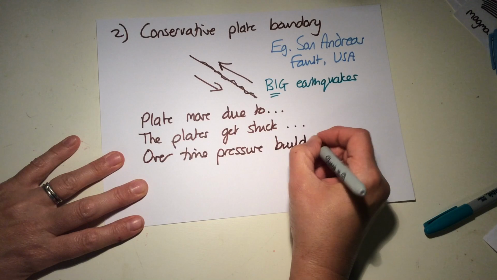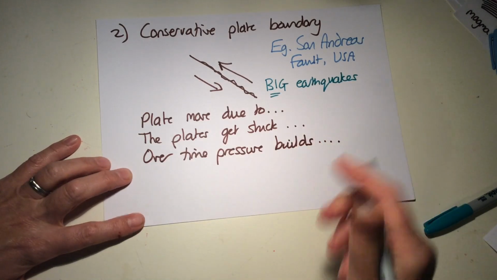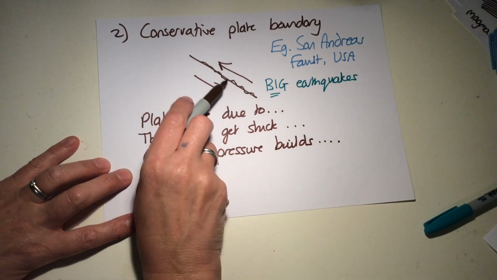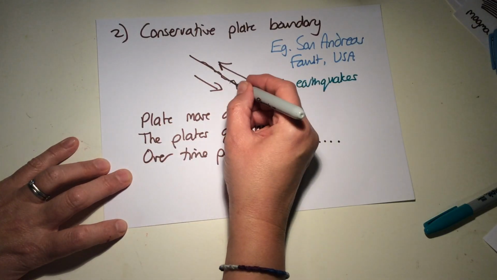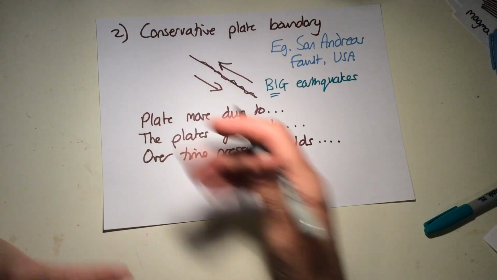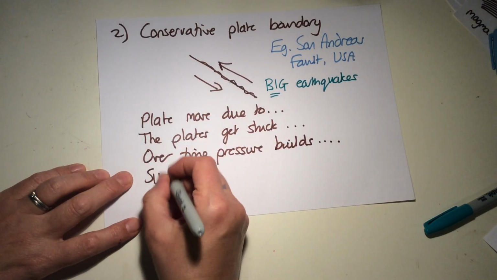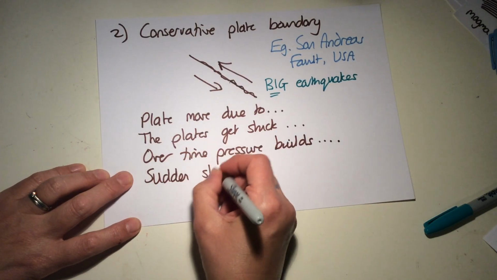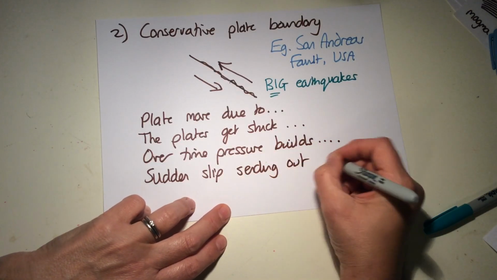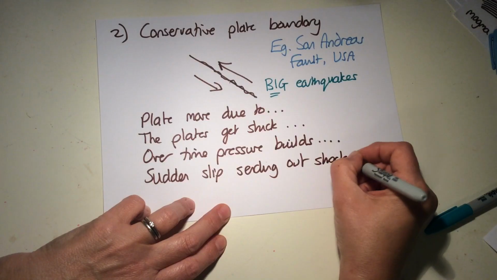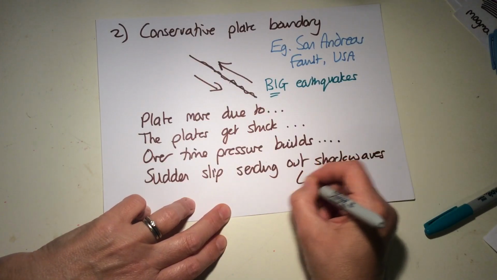And the pressure builds up and builds up and builds up until eventually, in this example, maybe that bit there snaps off. So it snaps off here and it snaps off here, and suddenly they can move. So then there'll be the sudden slip, sending out shock waves. So these are called seismic